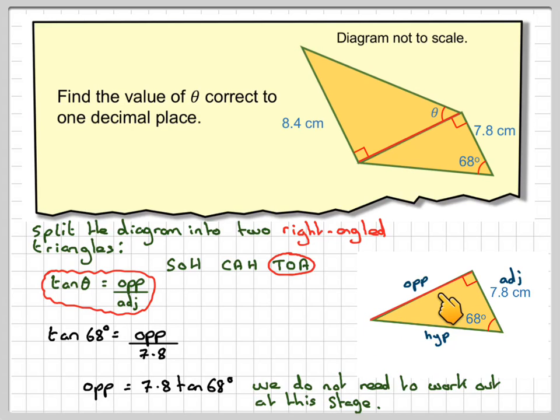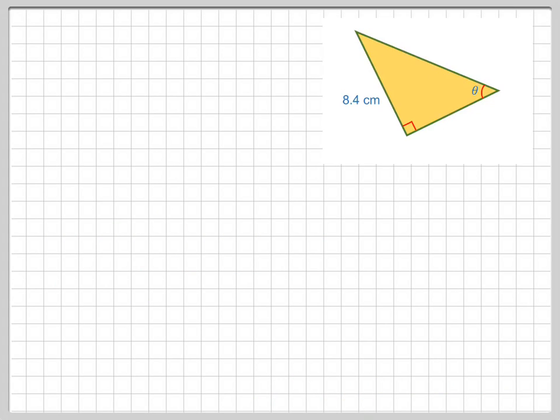So this length here is 7.8 tan 68, and it corresponds to this length here on the other triangle. So drawing out the other triangle, and remembering this side is 7.8 tan 68, this is 8.4, this is theta, we label the sides opposite the angle, adjacent to the angle and hypotenuse. SOHCAHTOA, so again we've got opposite, adjacent, angle, that means we're going to use TOA, that means we're going to